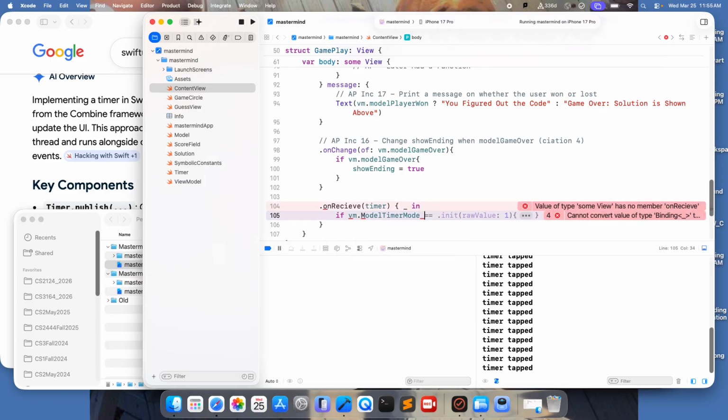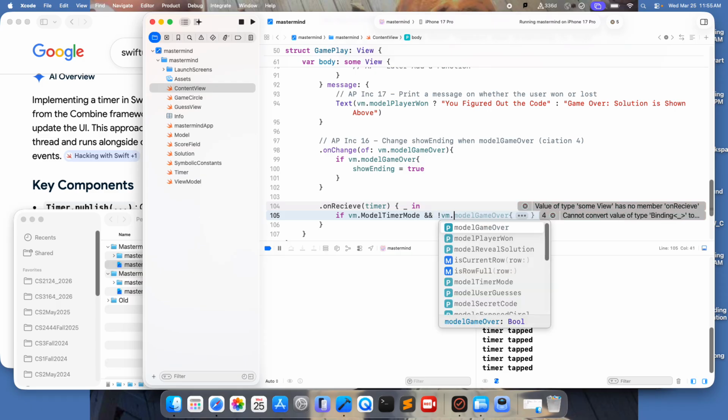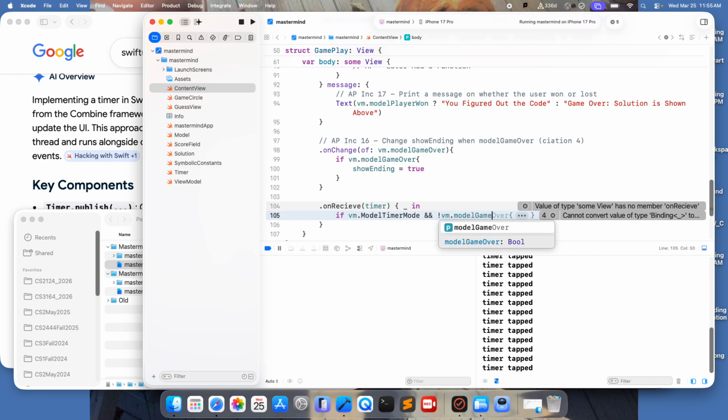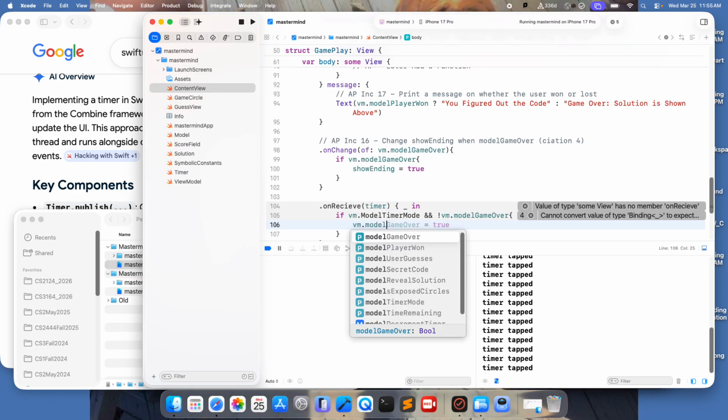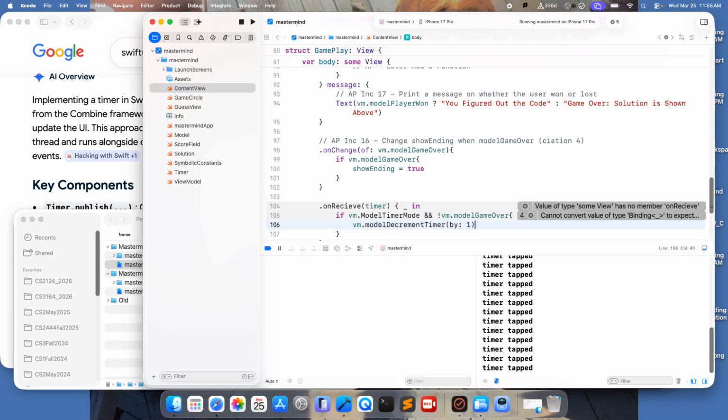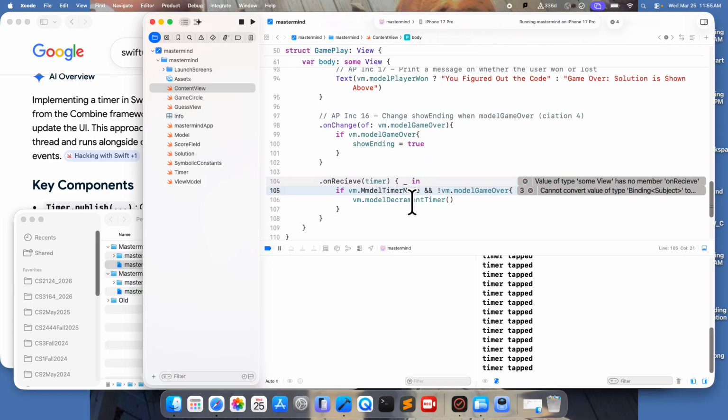so we're playing in timer mode right now, and the game is not over, yet another curly bracket, then we can decrement the timer. Okay, hypothetically, no, we can just decrement the timer because our function itself is already subtracted by 1, and I just capitalized that for no reason. And this is basically just saying,